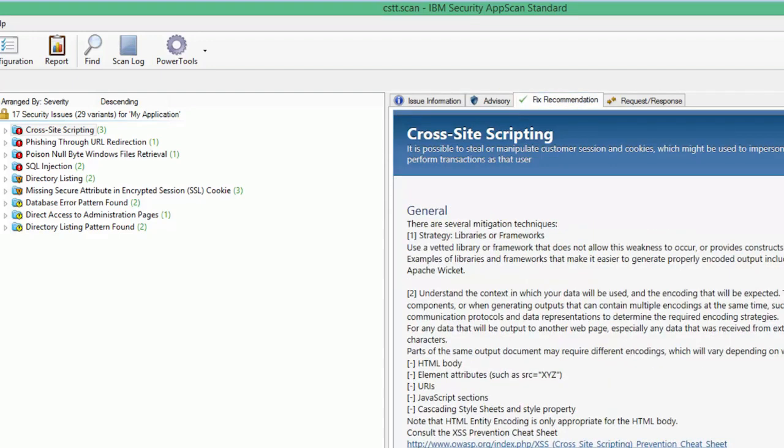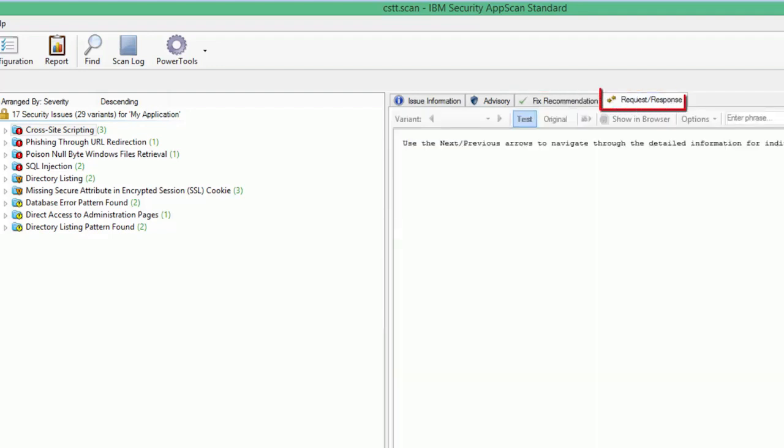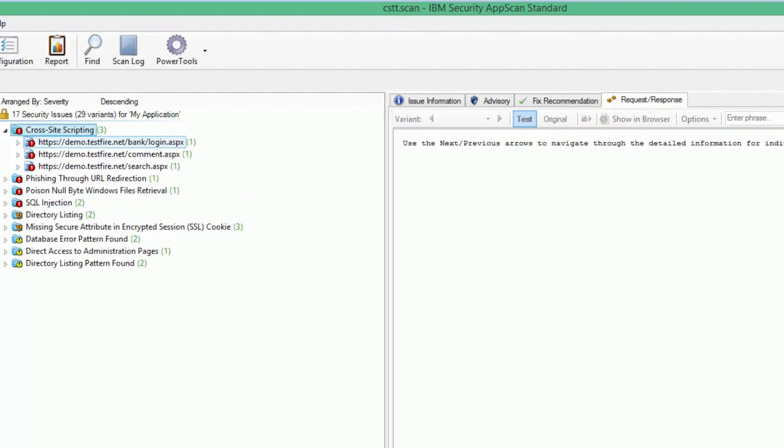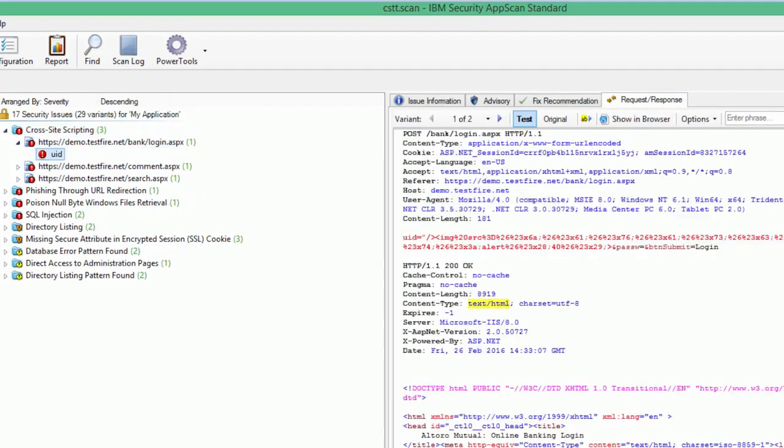The fix recommendation is very important to know how to fix it so that we can talk to the developer. We know about how to fix these things because we attend our labs where we actually do real code detection. Okay, guys? And the request and response are very important, because if you want to reproduce it, you can come to the problem, click on it,